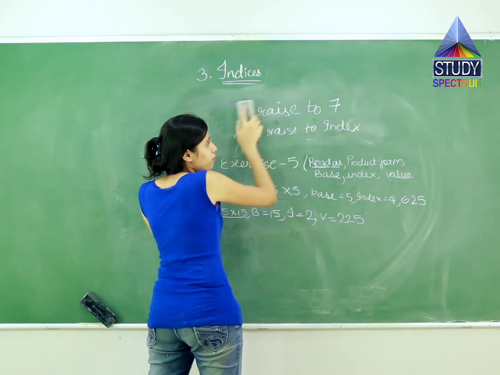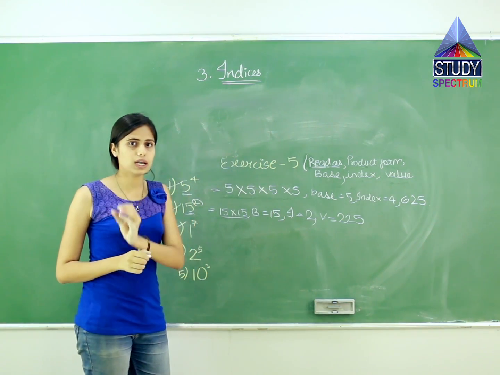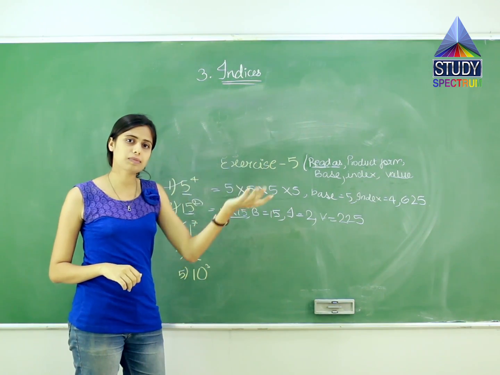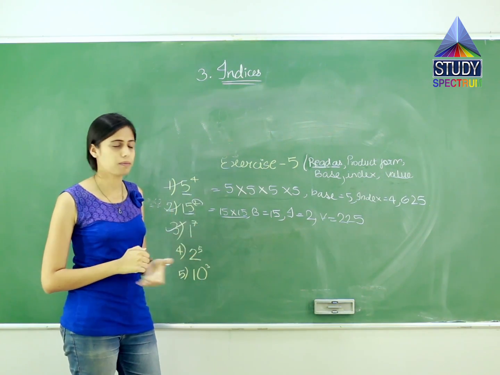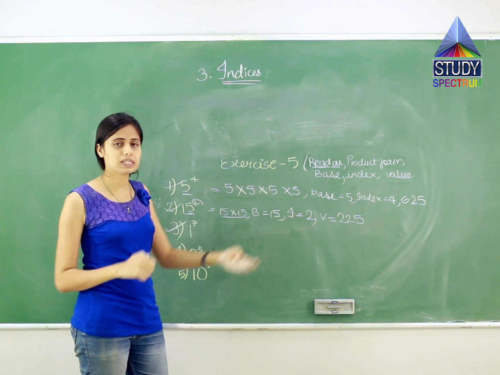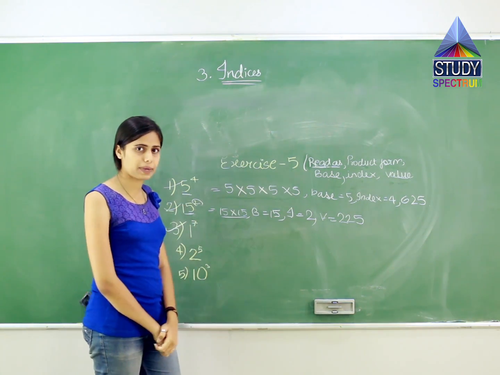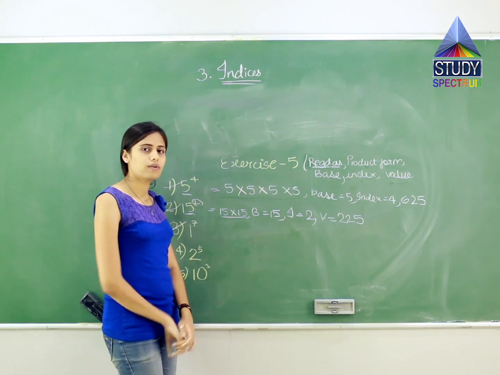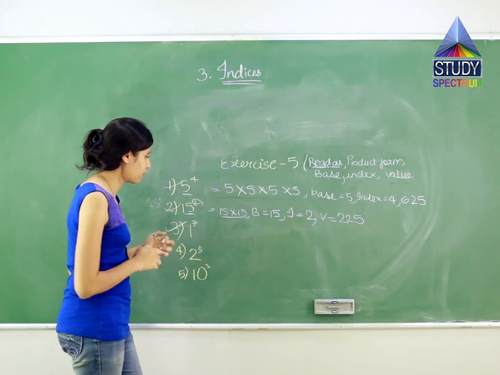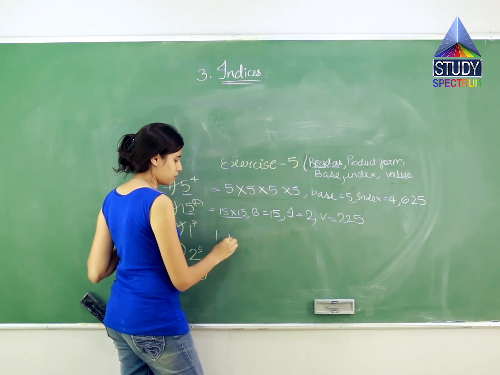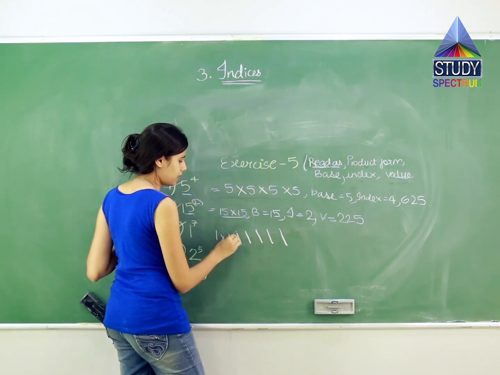Now what we will find? We will find the product form. In the first two questions what we have done? जो बेस है उसको लिखा है and जो इंडेक्स है उसको उतने टाइम्स मल्टीप्लाई किया. That is what the product form is. Over here it is 5 raised to 4, which means we have written 5 four times and a multiplication sign in between. Over here also we have 15 as a base and 2 as an index. So we have written 15 two times and a multiplication sign in between them. So over here we will do the same. We will write 1 seven times: 1 2 3 4 5 6 7, and a multiplication sign between all of them.